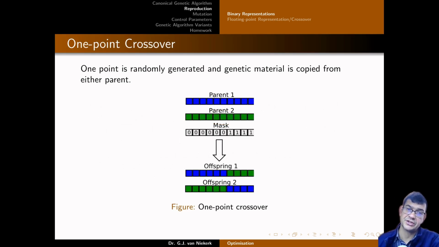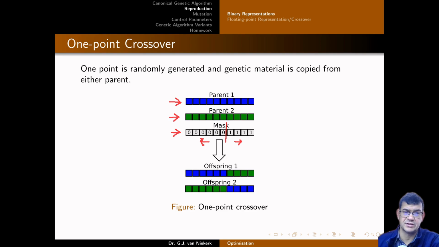So for 1-point crossover, you first of course need to have your parents. So there's parent 1 and there's parent 2. And then you create your mask. And here's your mask. So the mask is created by selecting a random point. So for example, over here. And then everything to the left of it, you make zeros. And everything to the right of that, you make ones. And then you use the mask to copy from the correct parent, or from each parent into the offspring, as